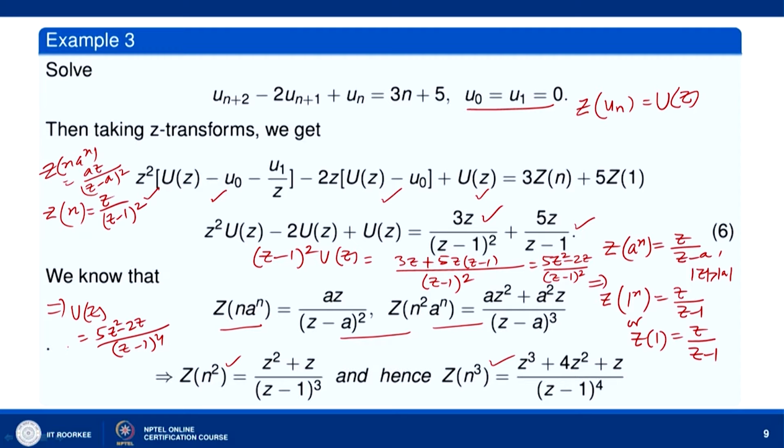Okay, we will write U(z)/z, and what we will be left with for U(z)/z will be equal to (5z - 2) divided by (z - 1)^4. This we will break into partial fractions, but we will write it in such a way that we can easily get the inverse z-transform. So, (z - 1)^4. Okay. Now, let us see how we do this.